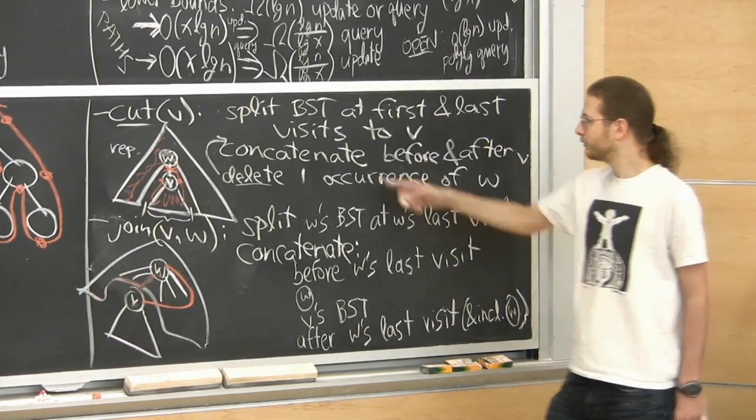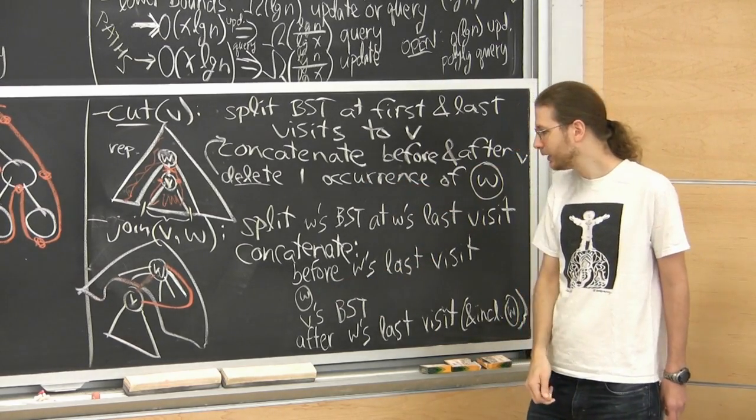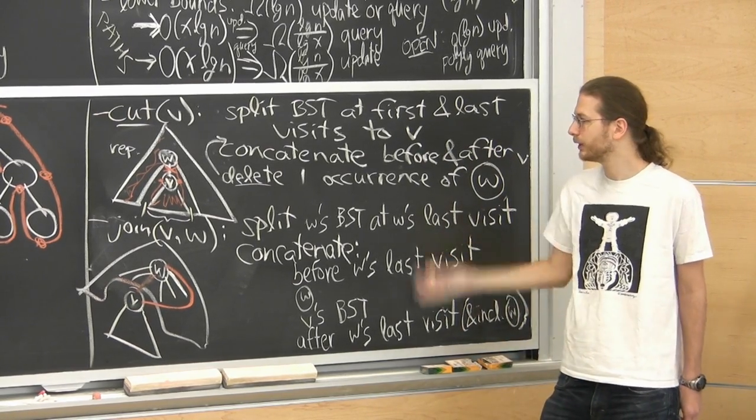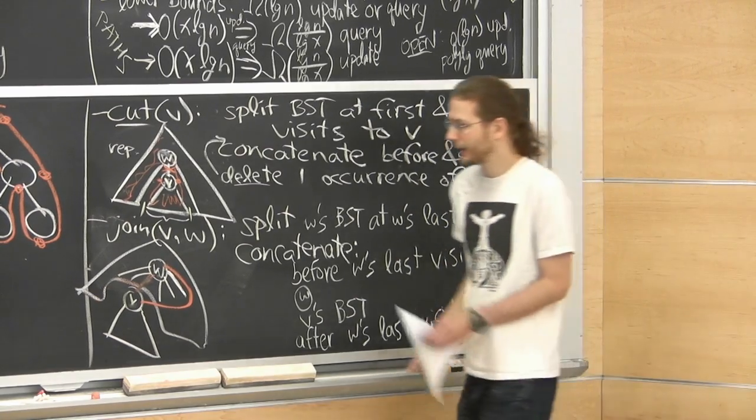Okay, so just the symmetric of this: here we had to delete one occurrence of w, here we have to add one back in, but you just cut, paste in the thing you need, and rejoin everything. So again, very easy. It's a constant number of log n time operations if you can do split and concatenate in log n time.